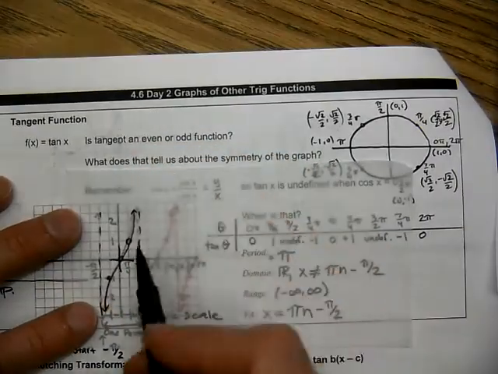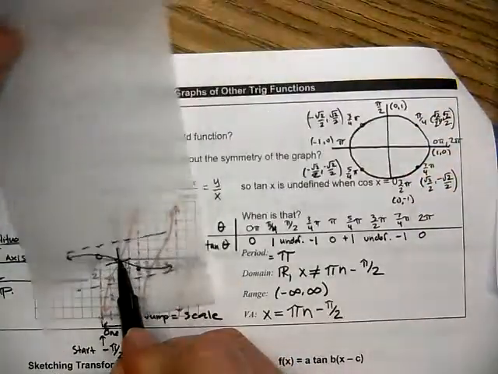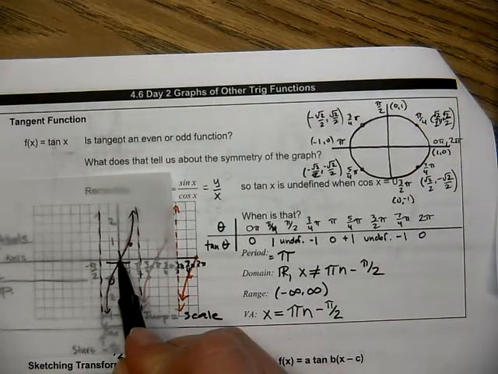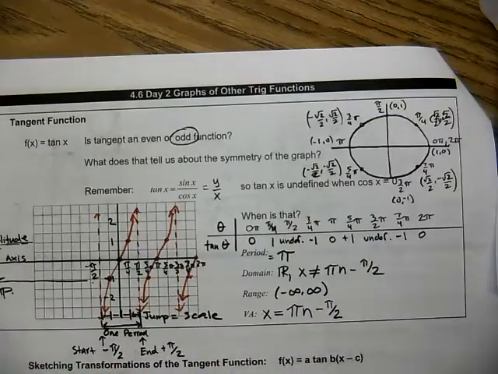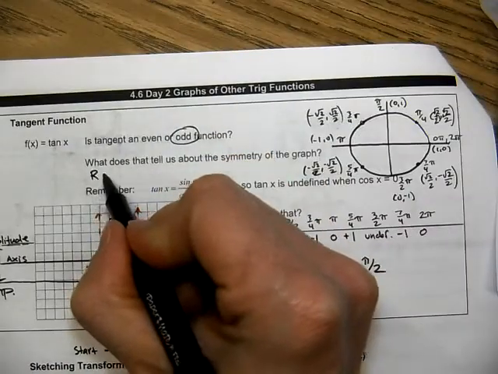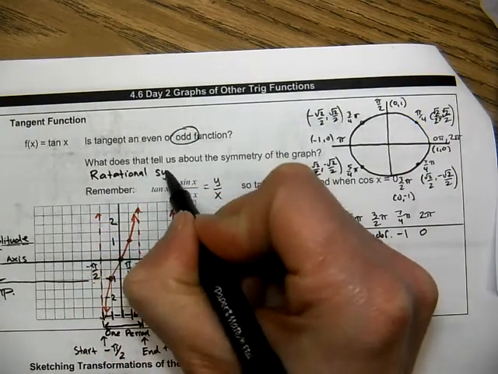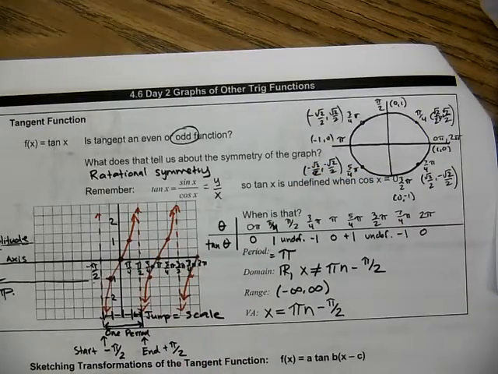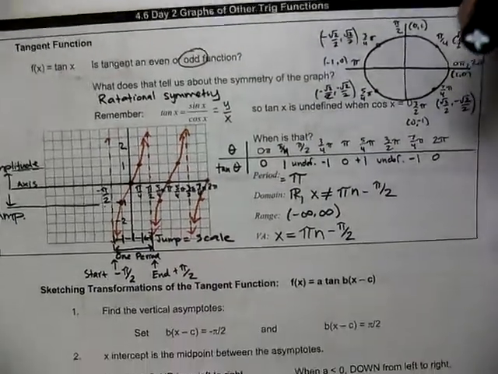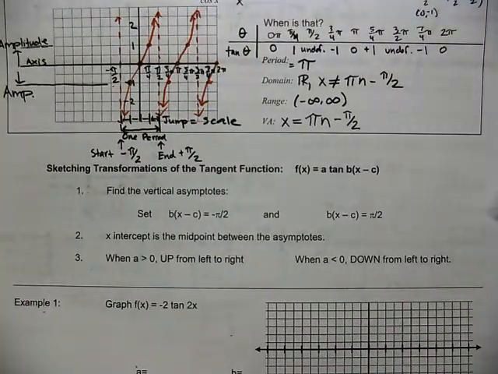Let's rotate it around 180 degrees. And when we do that, you see that it maps onto itself. So that means it is an odd function. And so an odd function has rotational symmetry. All right, so that's a little bit about its characteristics. That's the parent function. So here in the middle section, they're just detailing a few other pieces that we have